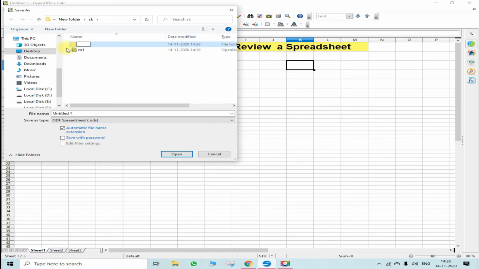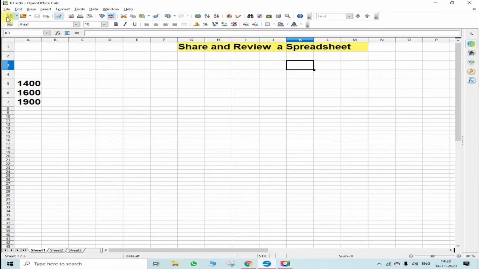Let's say you have created the folder with the name SGHPS. Just save this file in the folder by any name. Let's say you have given the name B1, click enter or save. Now see your file, this file is saved with the name b1.ods, okay?